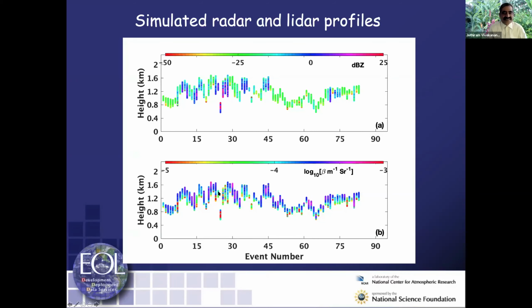And the trend is very consistent where we see large droplets at the bottom and small cloud droplets at the top, which causes the W band dBz to be higher in the bottom part, but LiDAR backscatter much larger close to cloud top. These are very consistent with what you expect to see. This gives me confidence that with 83 profiles, I was able to simulate these backscatter measurements for radar and LiDAR.